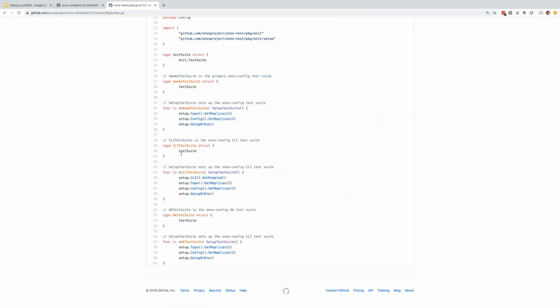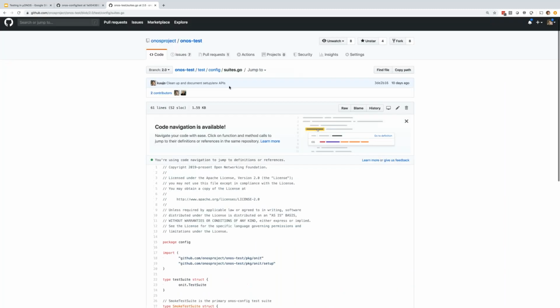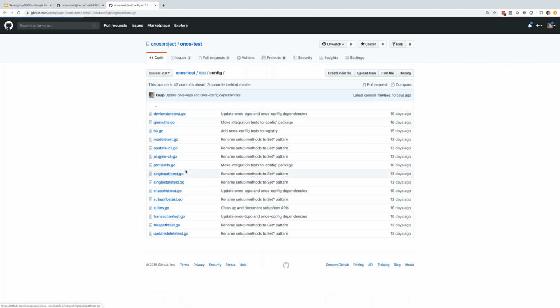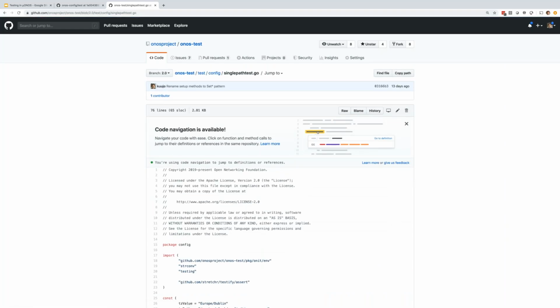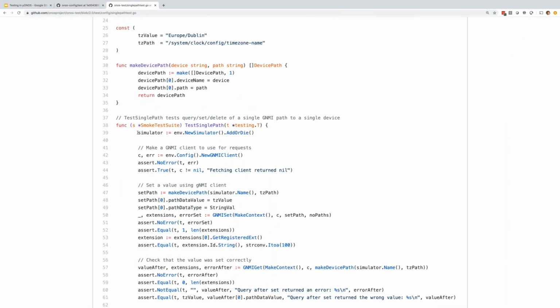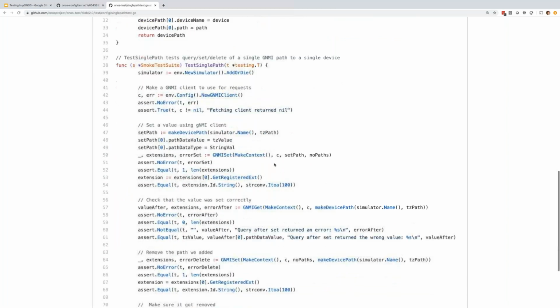There's a smoke test suite, CLI test suite, HA test suite. Each test suite can run in parallel, so it'll create a namespace for each of these test suites and run the tests within them. And then you can see that each suite is setting up the cluster however it wants. If you go in the single path tests, you can see that this one is, for example, adding a simulator. So all the GNMI tests add